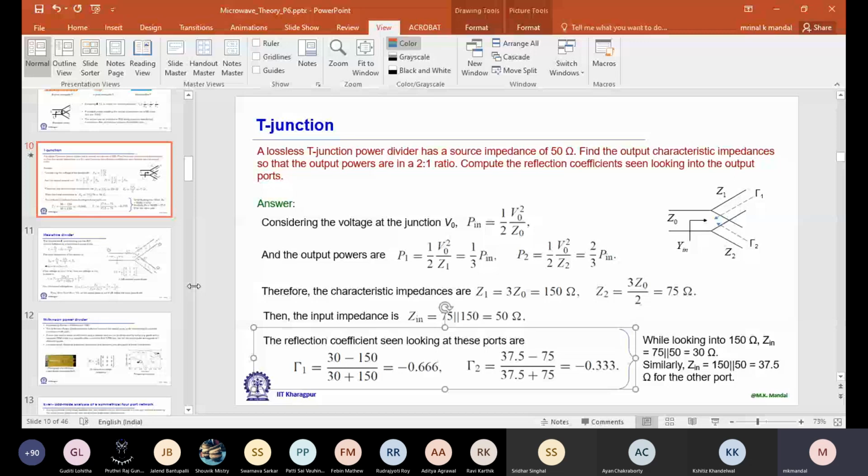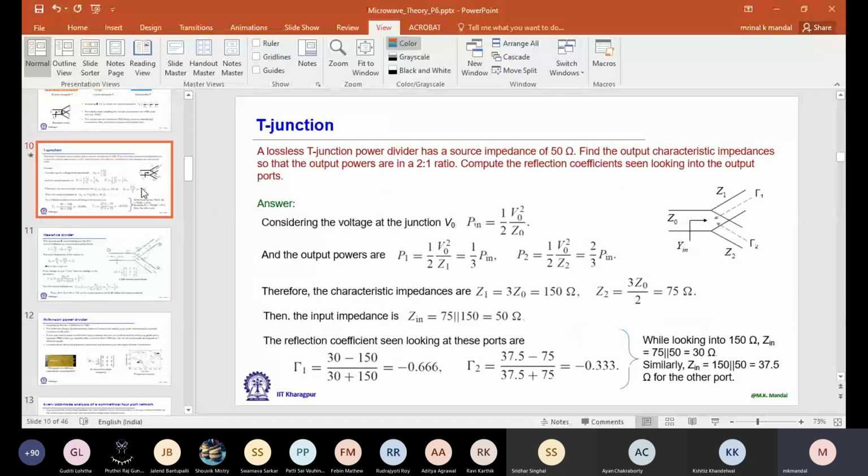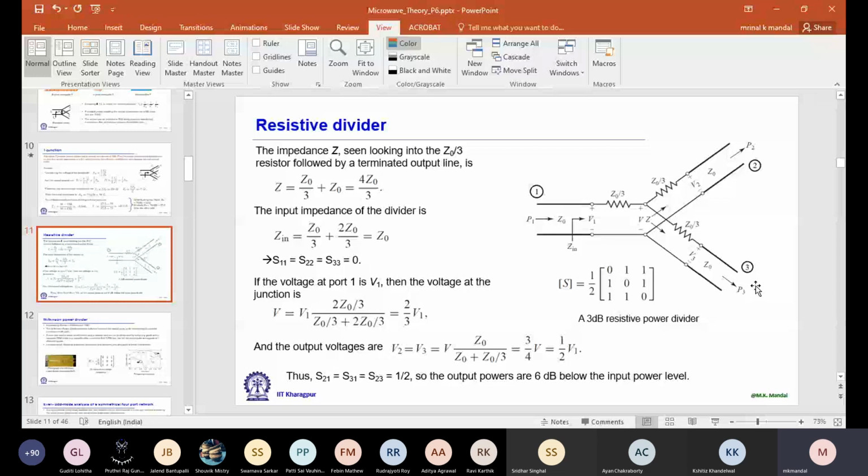Now, in the next example, we have seen if we allow some power loss inside the circuit, then we can design a three-port network which is matched at all three ports. We derived its S parameters, and we have seen that from the input side and the output side, the input impedance is always Z0. So it is matched. So here we don't have the problem as we have seen in this case. Here we have gamma 1, gamma 2, but in this example, we don't have that problem.